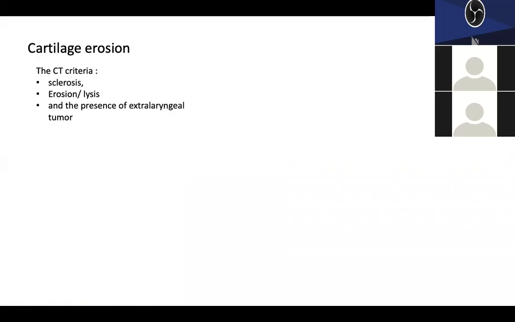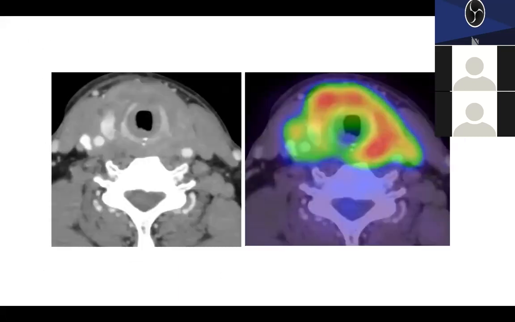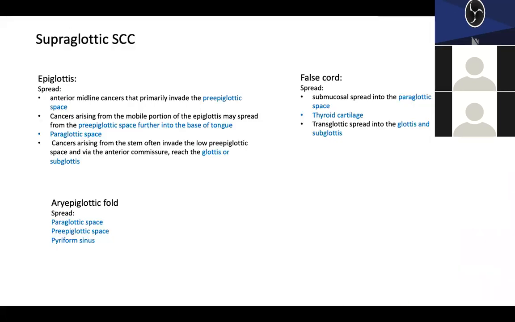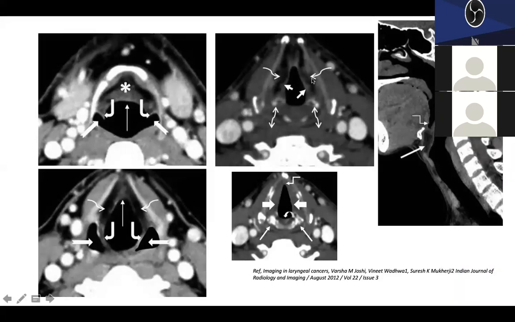So now cartilage erosion. One thing about the larynx that we have to report and have to be very careful about is evaluating for cartilage invasion, especially if the cartilages are non-ossified. If the cartilages are ossified, so if this hyaline cartilage, and this is also non-ossified almost, but if this hyaline cartilage is ossified,